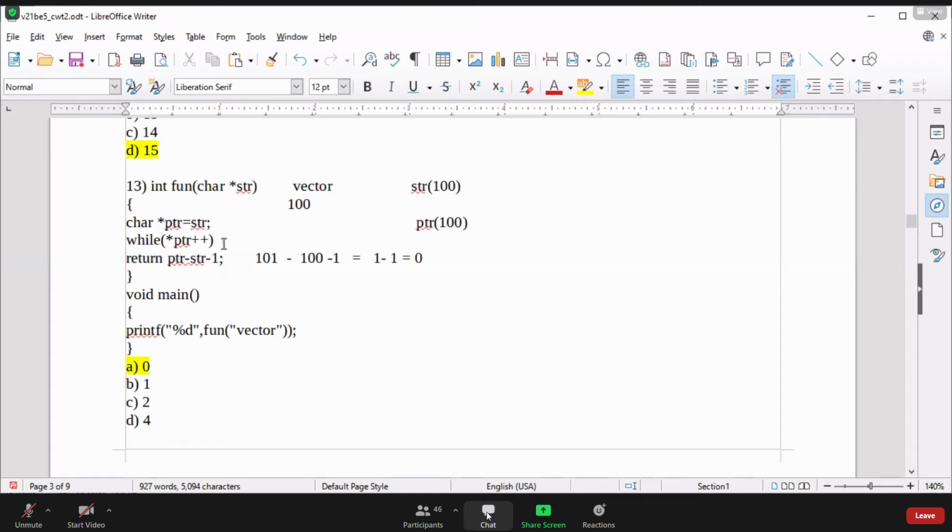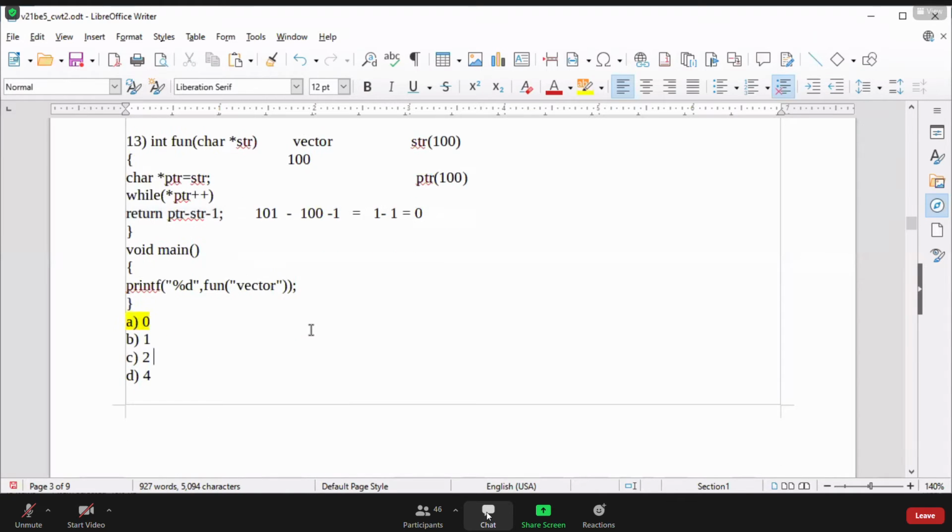Actually it was a loop. Are you able to think that it was a loop? But once we use the return statement, control will go to the main function from where that function was called, and program execution stops there itself, and it prints 0. So this type of program you have to think properly, and you have to work on that.